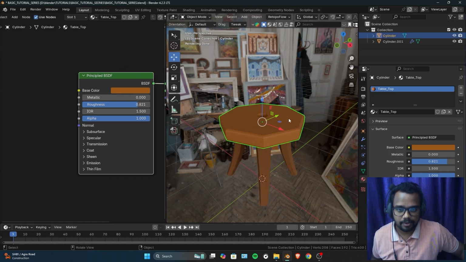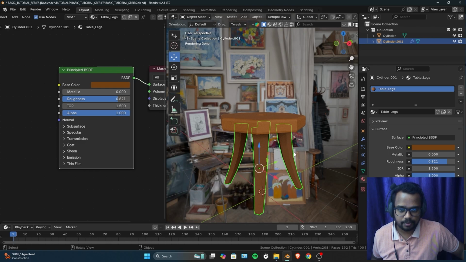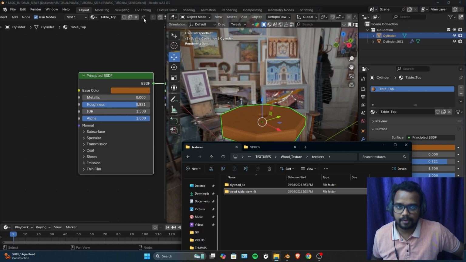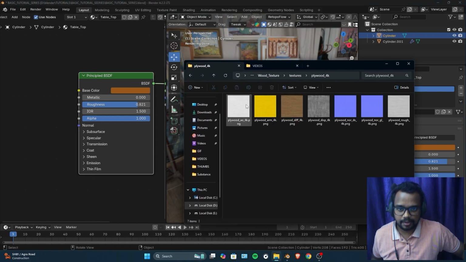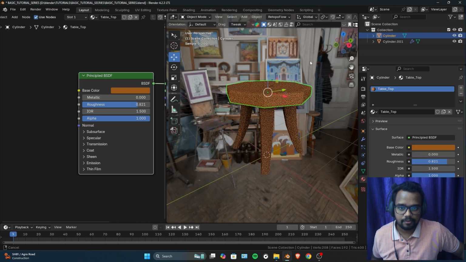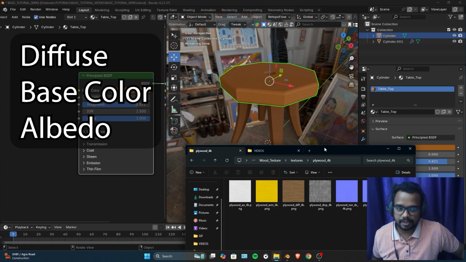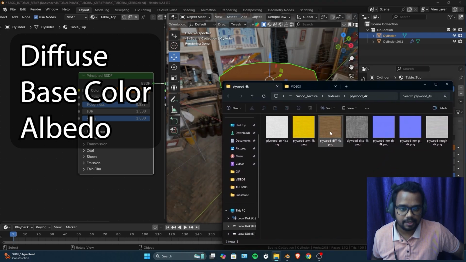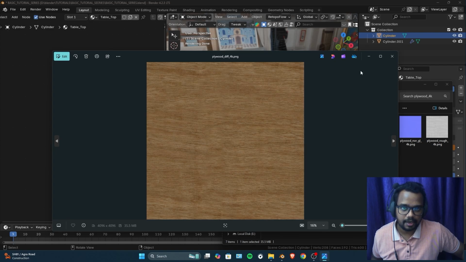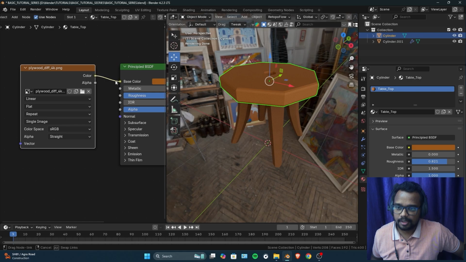So I think I'm going to apply the plywood texture to the top one and the wooden texture to the bottom one. So let's just select the tabletop like this, and in the shader editor, on the tabletop section, select the plywood, and the first thing is the color information. Now the color information is also called diffuse, or you can say base color. This texture can be called anything, but if you open it up, it should contain all the color information like this. I'm just going to drag and drop it over there,